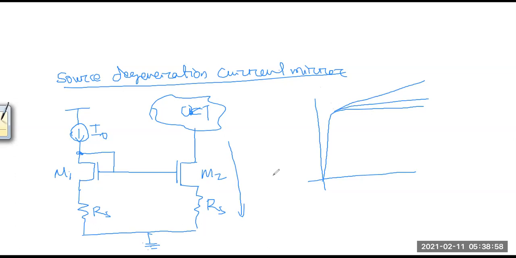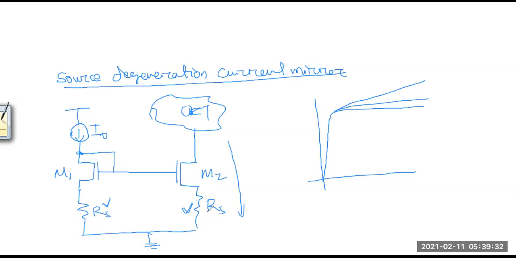But here the problem is, what is the problem? This resistance. To increase the R out, you have to increase this value. If you increase it, the area will be increased. Again, the noise part will add, that R noise. Power dissipation, how? The I square R loss increases. And another thing is the headroom problem will be there.